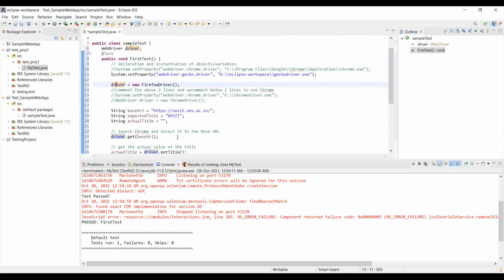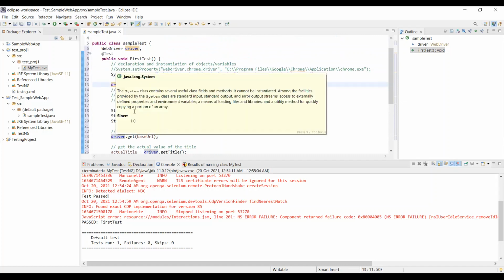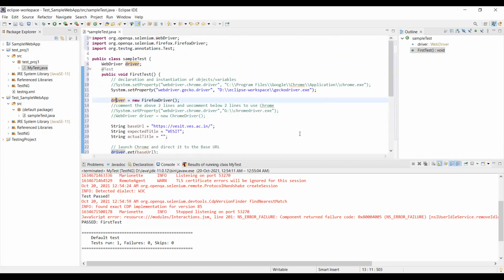Right? Now all this code will be written, and after this code is written, you have to give annotations. Annotations are the way by which you tell that these are the specific methods that you want to execute. So @Test is the root of all the TestNG test cases or test classes. So this method will be executed.